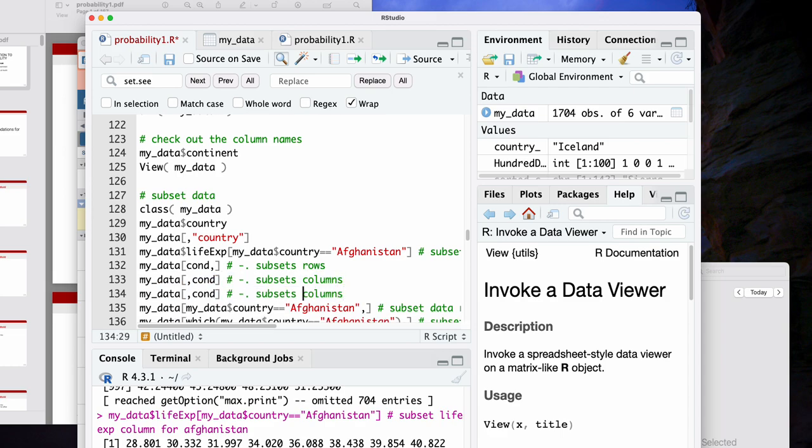And we could subset both rows and columns simultaneously by going like this, subsets rows plus columns. So this would subset both. So there are just different ways of subsetting your data. Think of it like rows, columns. So it's first rows, then columns in this notation of subsetting. Are there questions about that?